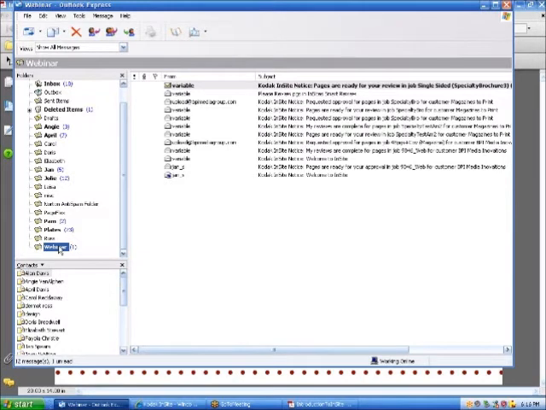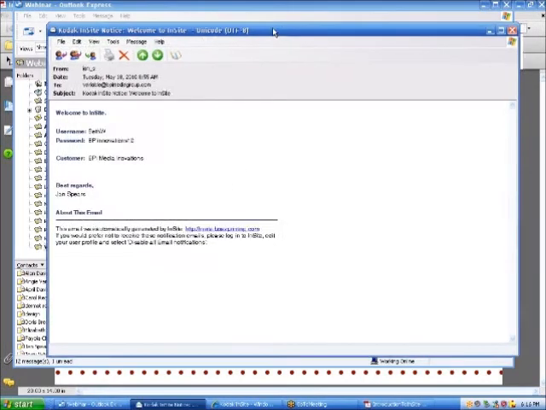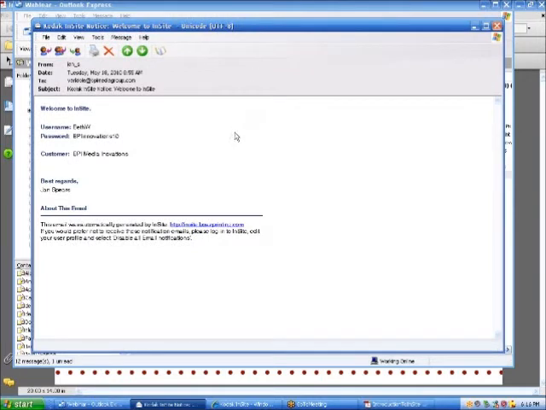The first thing that you're going to receive is an email, and that email is going to have "Welcome to InSite." It's going to have your username, it's going to have your password. Please save this for future use. We have lots of customers who call us up and say, I can't find my username and my password anywhere, and I can resend it if I need to, but if you just hold on to that,